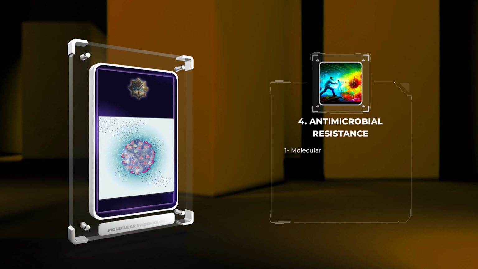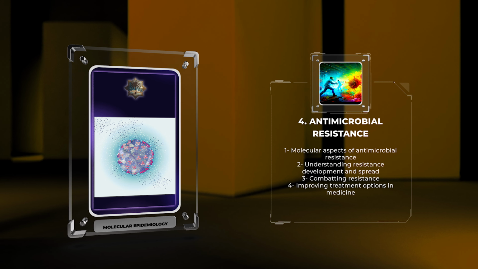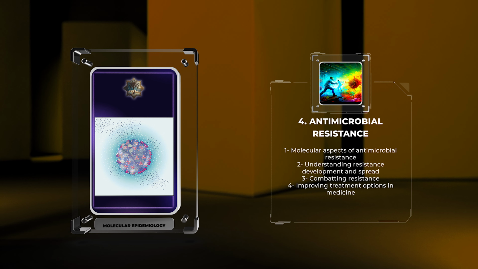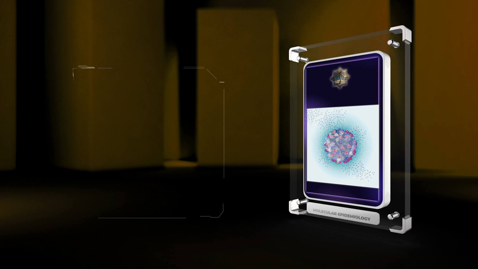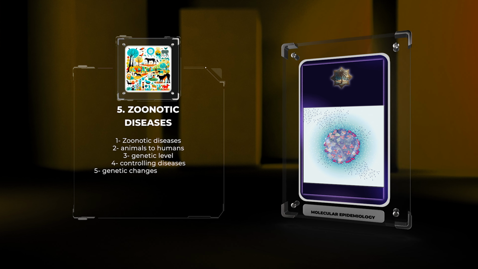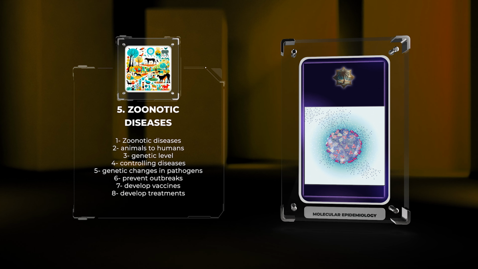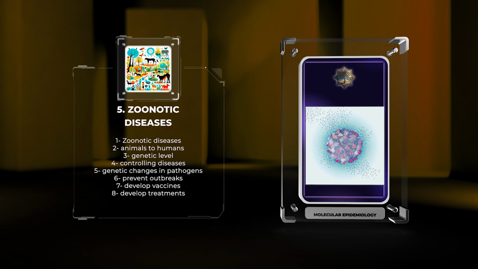In summary, studying the molecular aspects of antimicrobial resistance helps us understand how resistance develops and spreads among pathogens. This knowledge is vital for developing strategies to combat resistance and improve treatment options in medicine. Zoonotic diseases can jump from animals to humans, and understanding how this happens at a genetic level is crucial for controlling these diseases. By studying the genetic changes in pathogens, we can learn how to prevent future outbreaks and develop